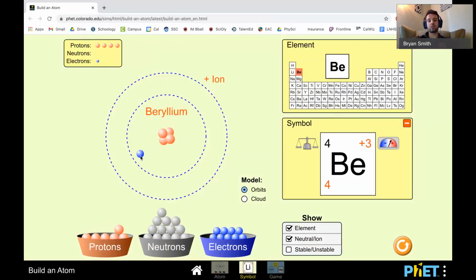And then adding electrons helps balance the charge out a little bit. So now as I add 3 electrons, I have a +1 charge. When I have 5 electrons, then I have a -1 charge because now I've got more electrons than I have protons. So what I want you guys to do is use this screen to help you answer the